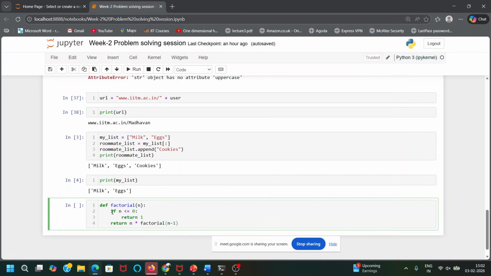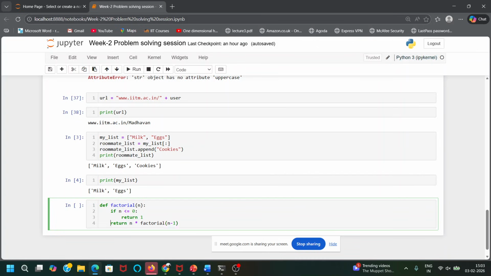And also you can see in the condition we have given an indent. If this condition is satisfied, we have to return 1. If I have not given this indent, the line return 1 will not take care of whether the condition is satisfied or not satisfied. Only if you give this indentation, it will take care of the condition and will return. So we have to be careful of that.